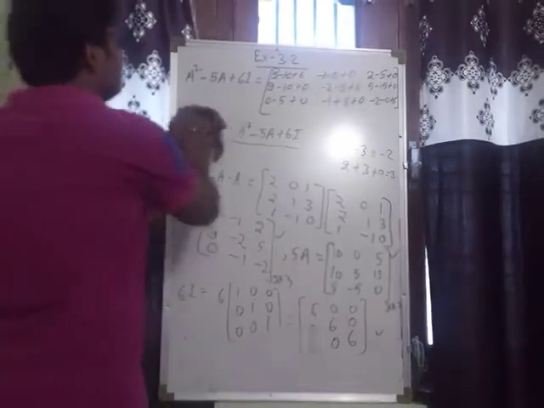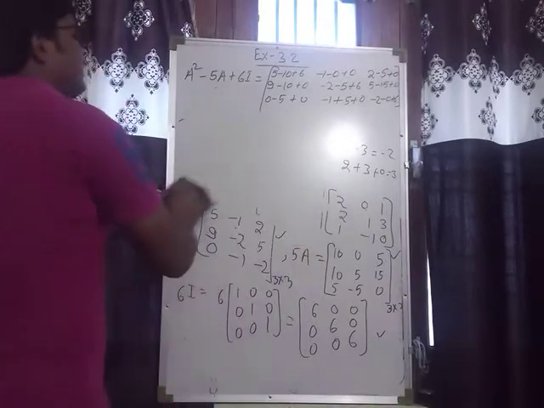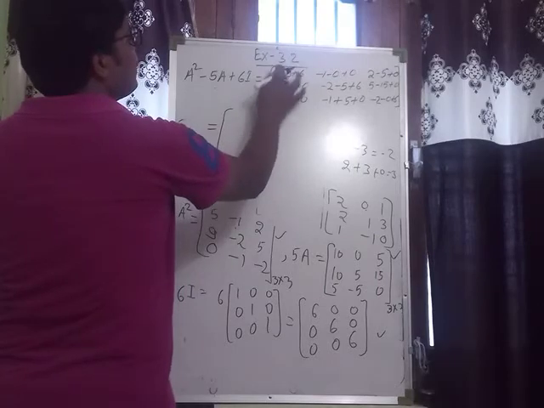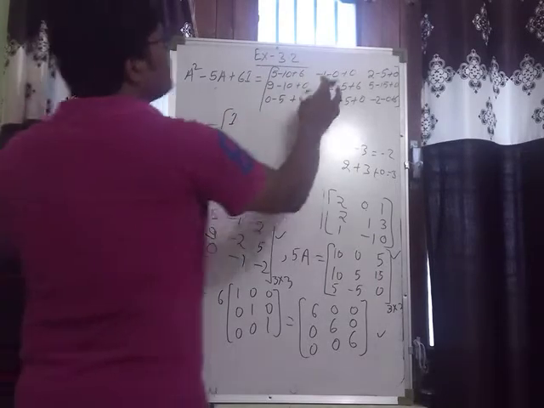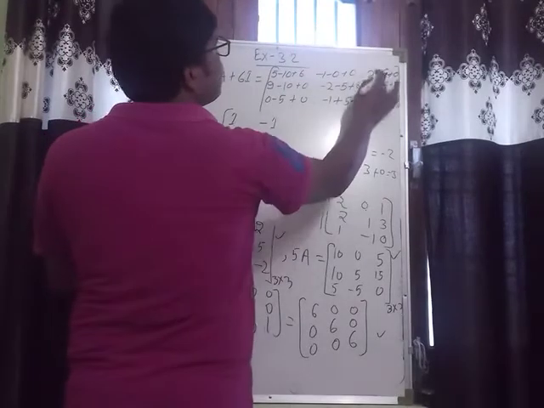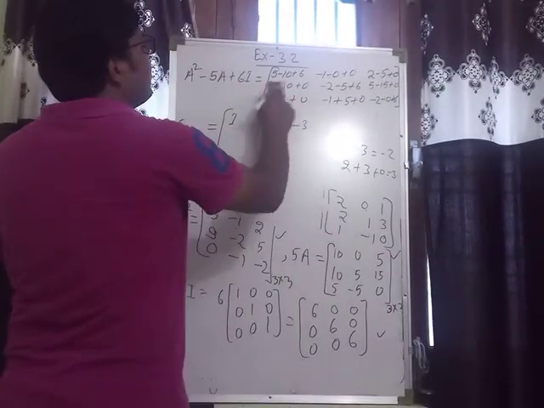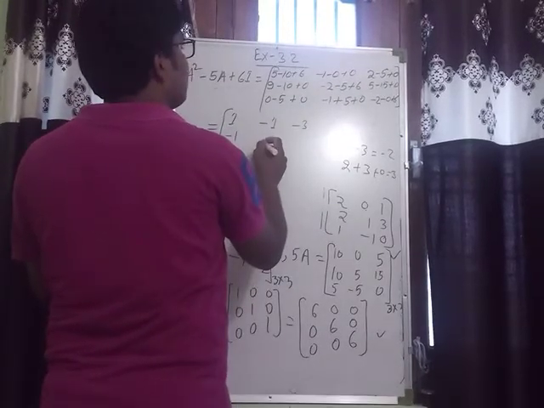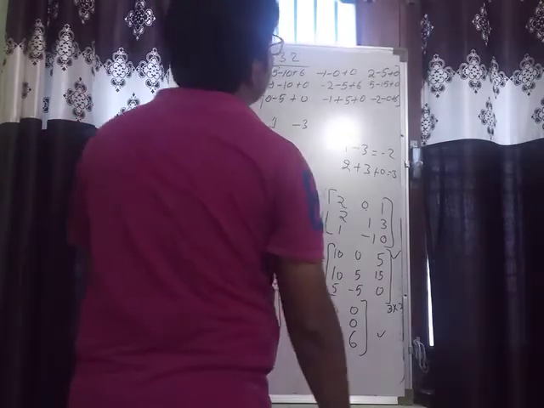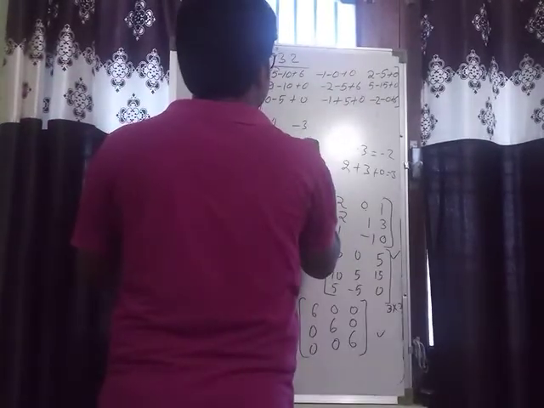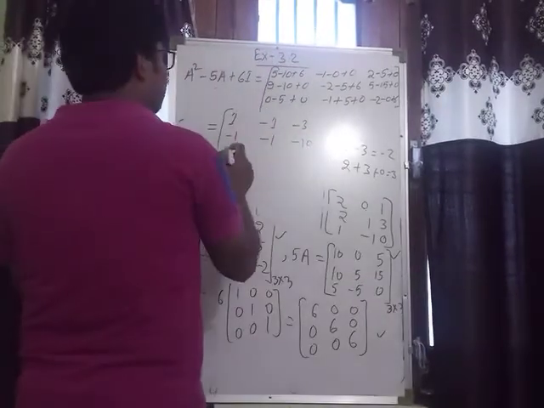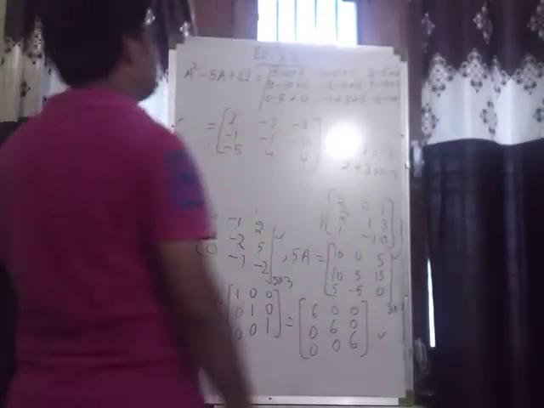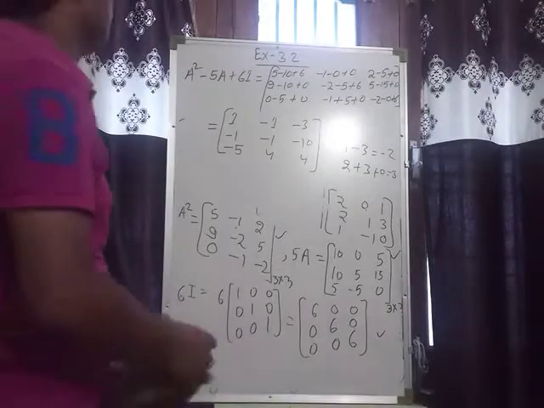So it will be equal to, see, that is equal to, this is 6 plus 5, 11 minus 10, that is 1. This is minus 1 and this is minus 3, that is minus 1, that is 1 minus 2, that is minus 1, and 5 minus 15, that is minus 10, that is minus 5, that is plus 4, and that is plus 4. So that is your answer. That is the required matrix.